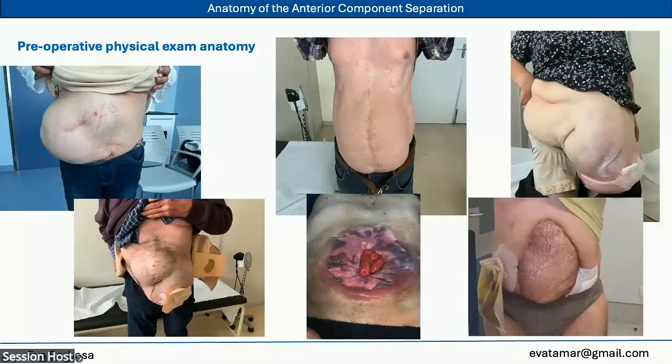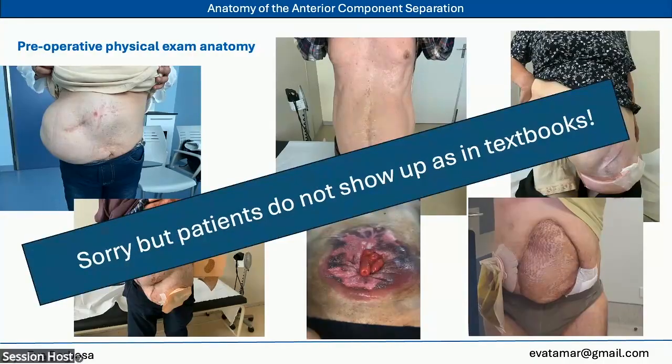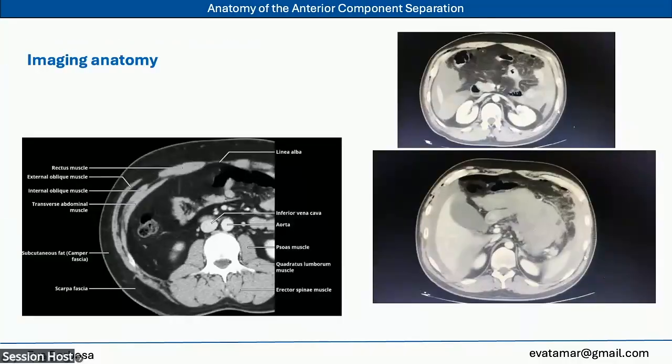So, preoperative physical anatomy: you see all these patients, and sorry, because patients do not show up as in textbooks. They show up like this, and you have to do your anatomy around this. Imaging anatomy, Eric Polly just went through that, so beautiful. And you can see there that